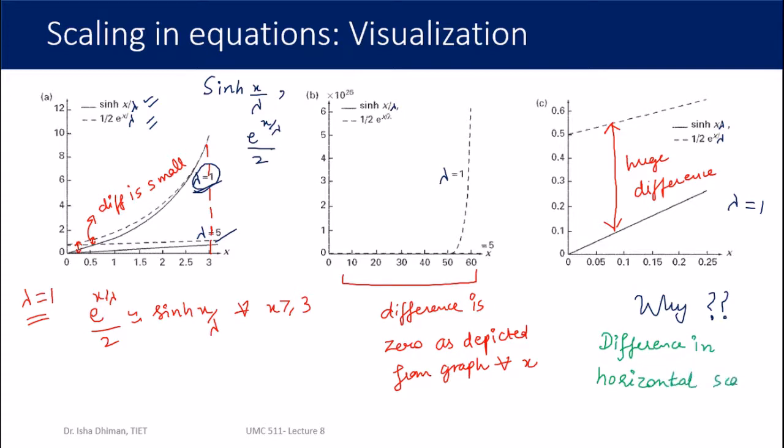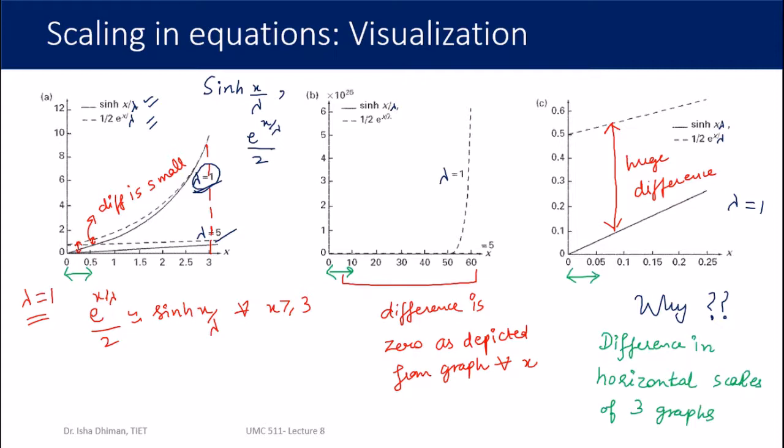You can see in graph A, the horizontal scale difference is 0.5. In graph A it's 0.5, graph B it's 10, graph C it's 0.05. So depending upon how you have chosen your horizontal scale, your interpretation or your presentation of the graph is completely different. The curve is still the same, but by appropriately choosing a particular scale, you can show the result which is there. So this is how important it is to choose the scale appropriately so that the results are not